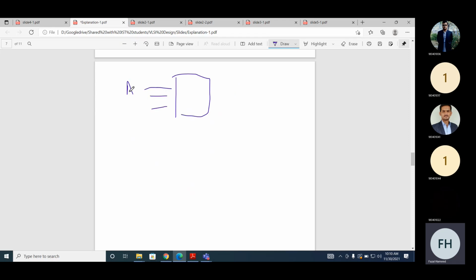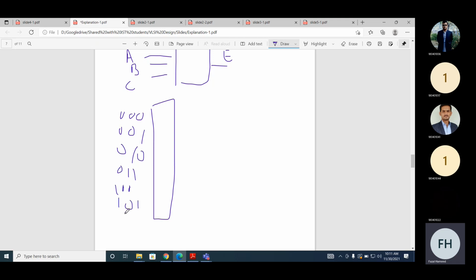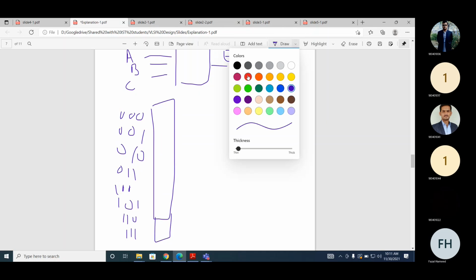The inputs are A, B, and C, and the output is E. How many locations will be there? 8. 0, 0, 0, 0, 0, 1, 0, 1, 0, 0, 1, 1, 1, 0, 0, 1, 0, 1, 1, 1, 0, and 1, 1, 1. 8 locations. Okay, now let's assume we map A here.